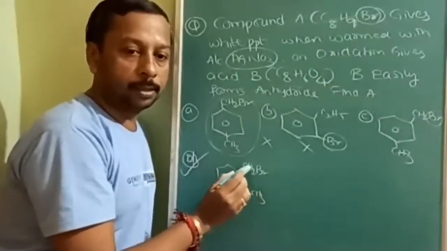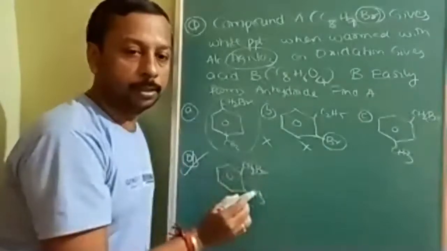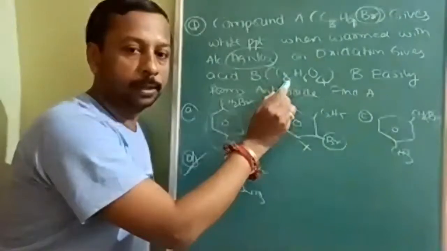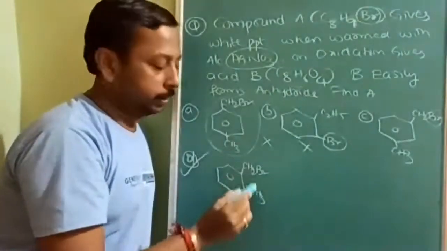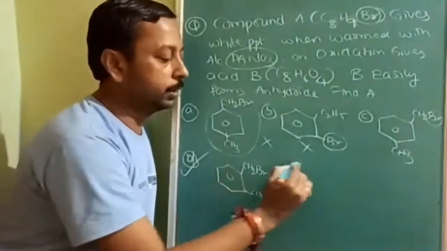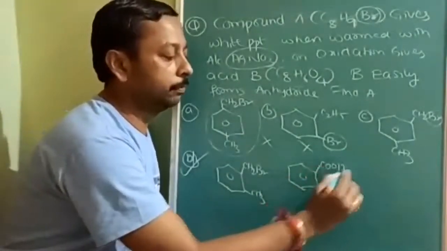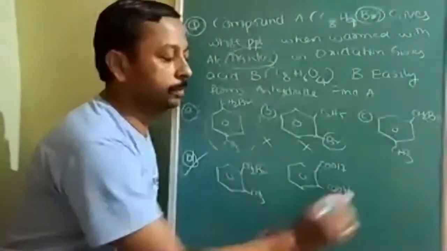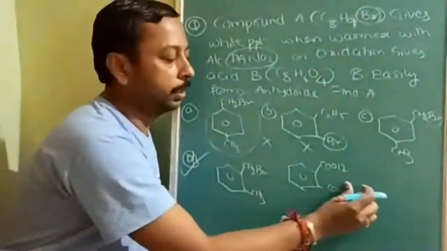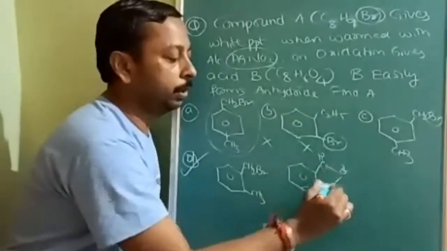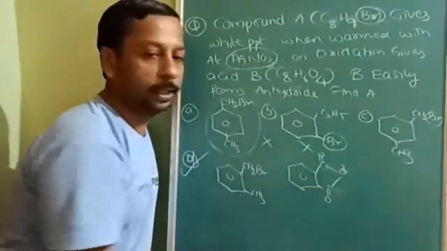Second thing, on oxidation, this will give you COOH, whose molecular formula is suitable for this. And third, it is easily dehydrated. What this is going to give you is phthalic acid. Okay, this is phthalic acid. When it is ortho phthalic acid, and on dehydrating, what is it going to give you? It is going to give you phthalic anhydride.